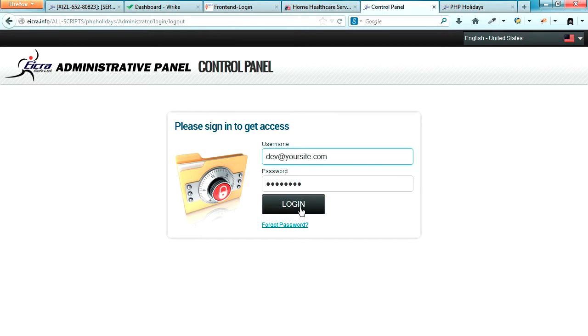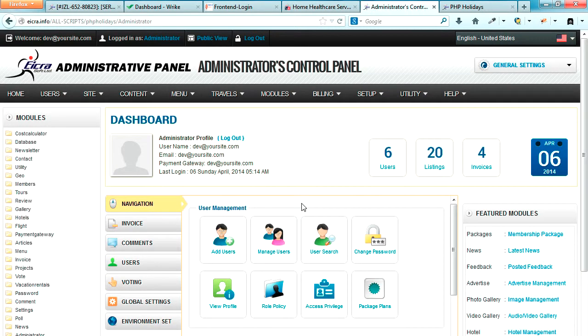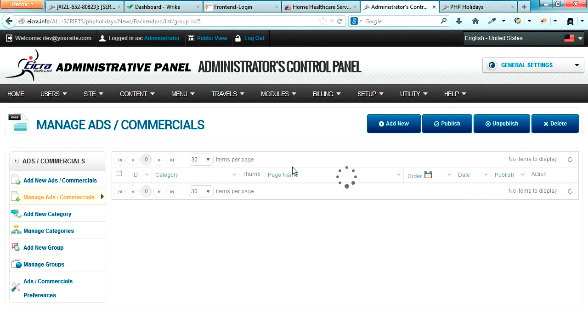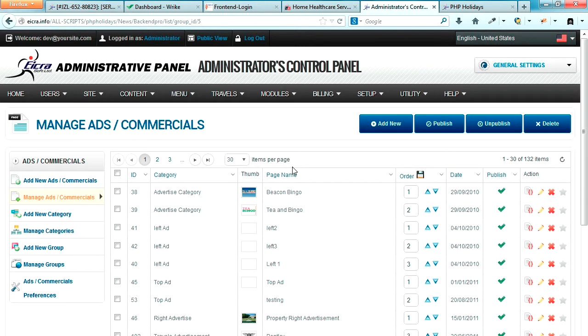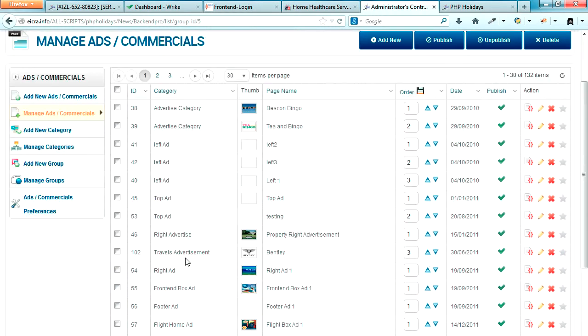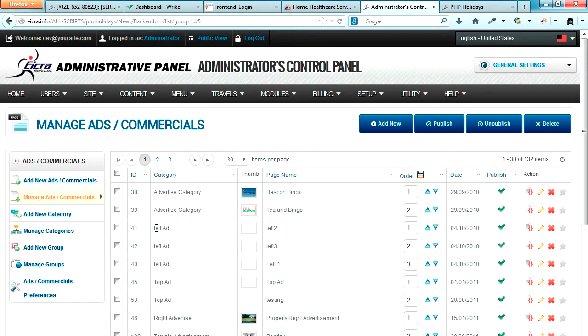If you have purchased our ad and commercial add-ons, you can easily manage it through our administration section. But if you have not purchased our ad and commercial add-ons, you can still change it through FTP and editing the PHP file. Let's assume that you purchased our ad and commercial add-ons. Under the modules you will see a menu called ad and commercial management. On this section you will find a menu under the modules folder, and this is the list of the ads and commercials